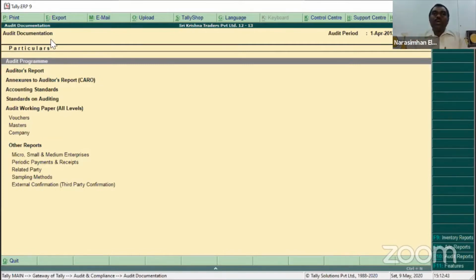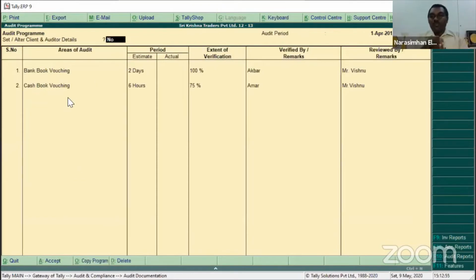What you need to do is go to this module called audit documentation. You have about 6 to 8 different features over here. Please go ahead and explore, of course, not immediately after my session is over. The first thing is your audit program. Now, your audit program need not be very, very detailed. You can decide how you want it, you can export and import, all those things you can do, or the basic things you can always ask your staff to configure.